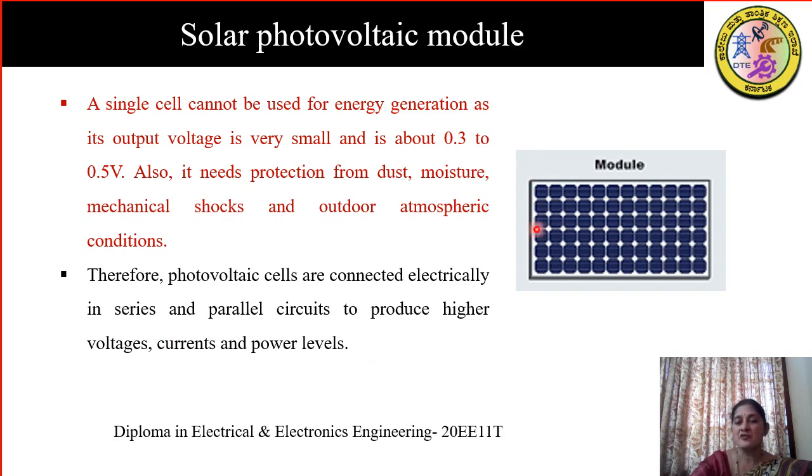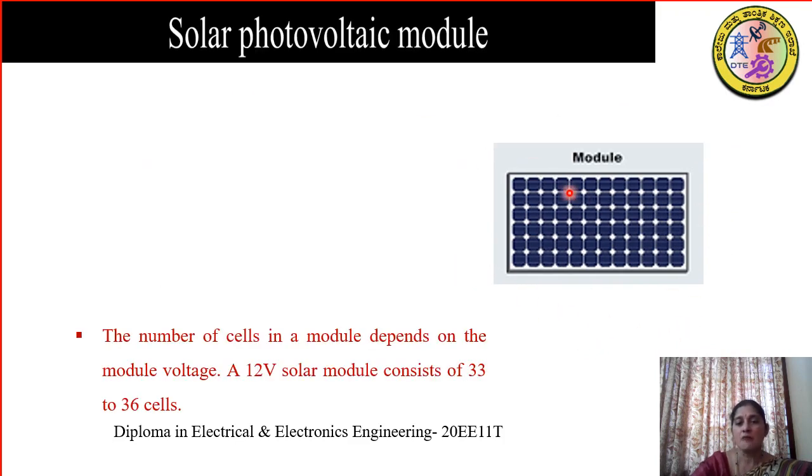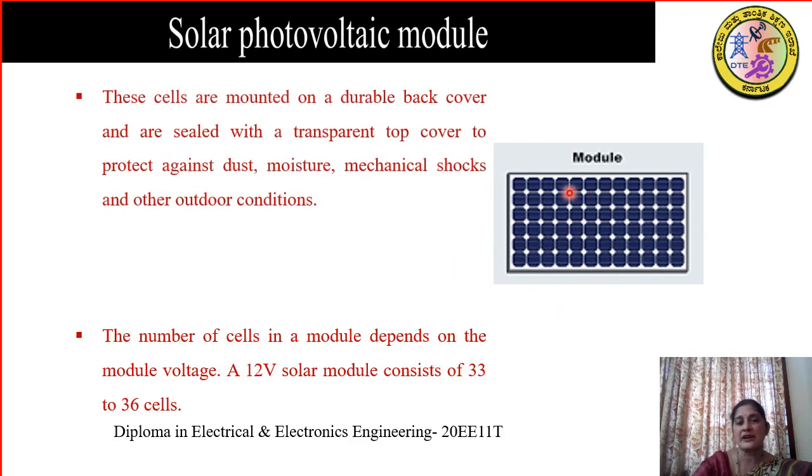Moreover, they have to be mechanically protected from dust, moisture, mechanical shock, and vibrations. And since these photovoltaic cells are installed outdoors, they have to have a good amount of mechanical protection. So we provide an enclosure for a module. The module will have a transparent top cover for the light to penetrate, while its back cover will be opaque and just provided for mechanical protection.